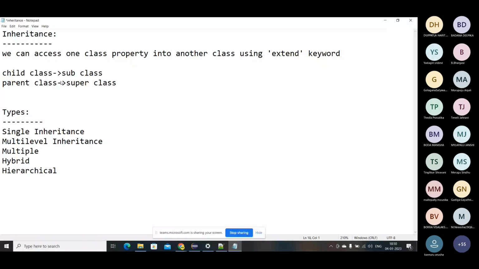So they will ask what the different types of inheritance are, and you have to mention these: single, multiple, multi-level, hybrid and hierarchical. You're not going to use all of these in Java. The first thing is, we'll see single inheritance.